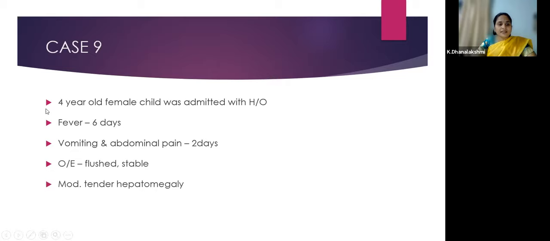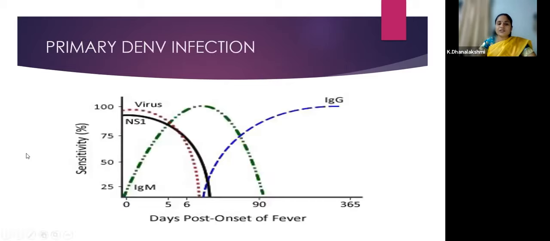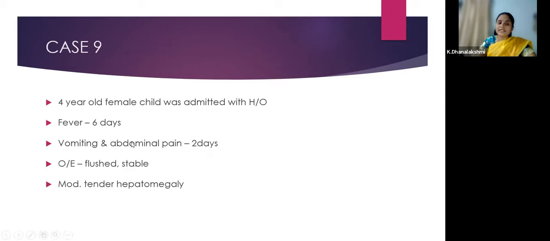And the last tropical diseases case, here you have a 4-year-old child, fever of 6 days duration, vomiting, abdominal pain for 2 days, on examination, flushed extremities, hemodynamically stable, there is a tender hepatomegaly. So you make a clinical diagnosis of dengue. Here it is very typical, but what we see normally in day-to-day practice is 5 days fever with hepatomegaly. We have a confusion whether it is enteric or dengue, and whether to start antibiotic or wait and watch.